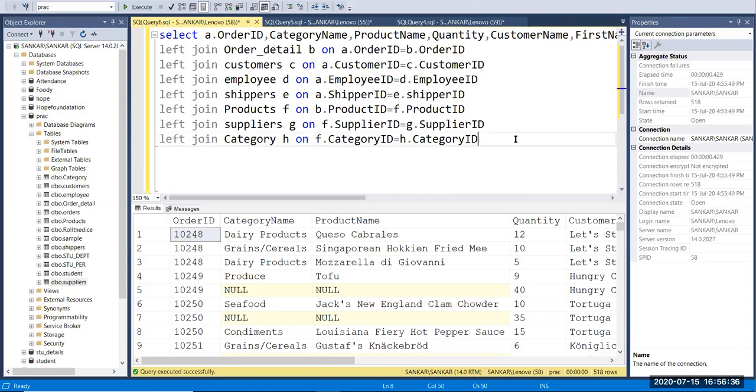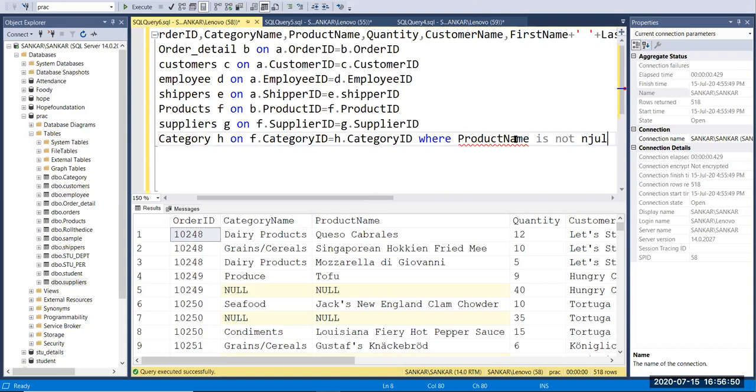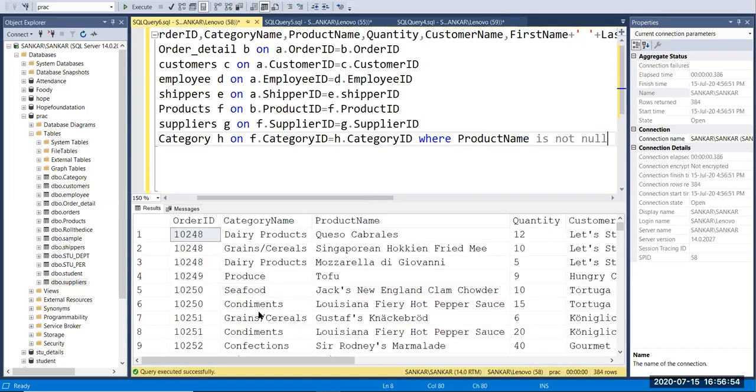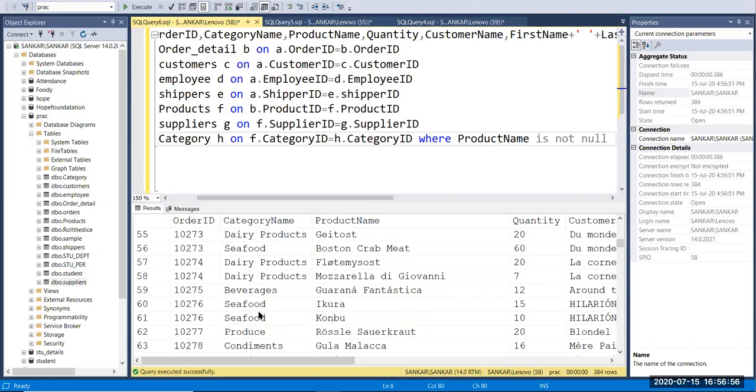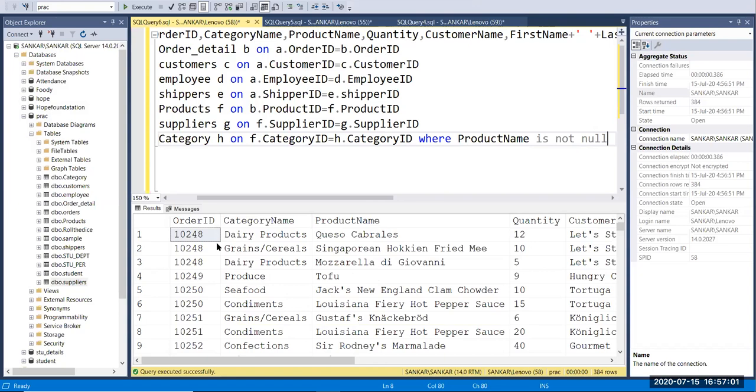If you want to print without null, simply give where product name is not null. That's all. Now you get the values without null.